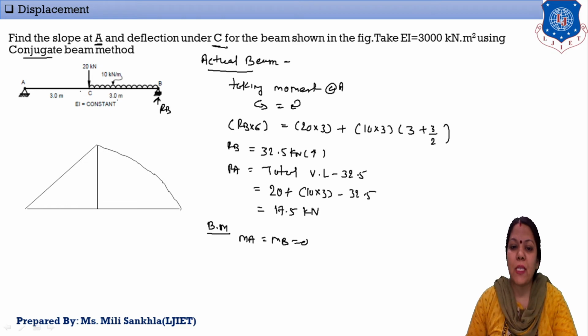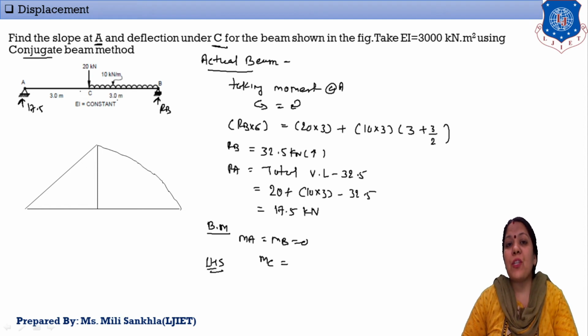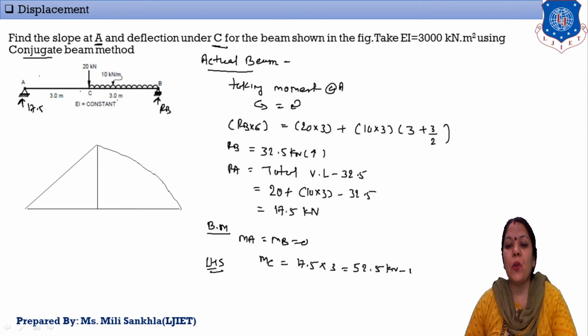Now we find out MC. Here we can find this MC from two sides, but here I find the moment at C from the left hand side. If I consider the right hand side, I must include the UDL load, but on the left hand side only this support reaction is given, and this support reaction RA is equal to 17.5. From this C, the support reaction rotates in the clockwise direction, so the moment is positive. So mention here from the left hand side 17.5 and up to C the distance is 3 meter. Okay, and my answer is equal to 52.5, and the unit of moment is kilonewton into meter.